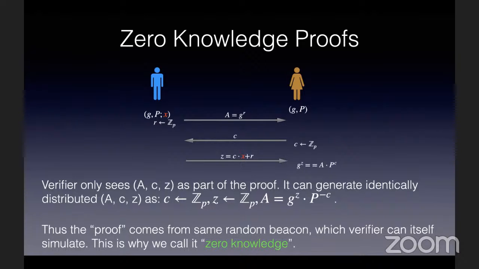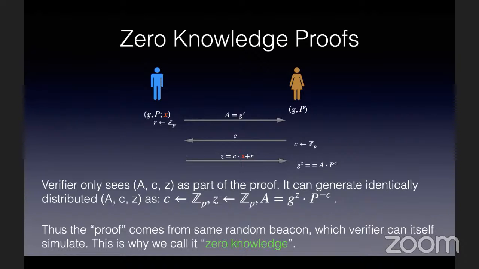So initially, the verifier allows the prover to send some random element whose log it knows. So it allows the prover to send A, where the prover knows the log of A, which is R. And now the verifier just cooks up a problem which you can solve only if you could have solved the original problem. What was the original problem? That the prover can solve the log of P. And so the verifier says, okay, tell me the log of A times P to the power C for a random C.